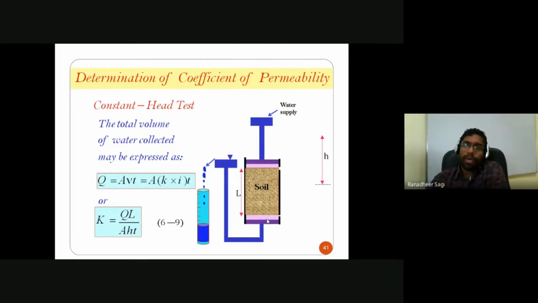On top of the porous stone and towards the bottom also, again we'll be placing what is called a filter paper. The purpose of that filter paper and porous stone is to ensure that when the water particle is passing through the soil sample, due to the seepage through the interconnected void spaces, sometimes very fine grained particles like clay particles will also be carried away with the water. So in order to minimize that loss of soil particles along with the water which is trying to seep through the soil sample, we are using what is called filter paper.